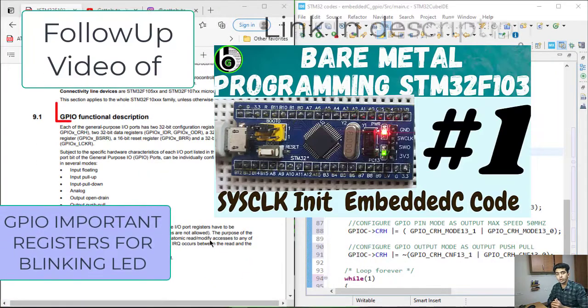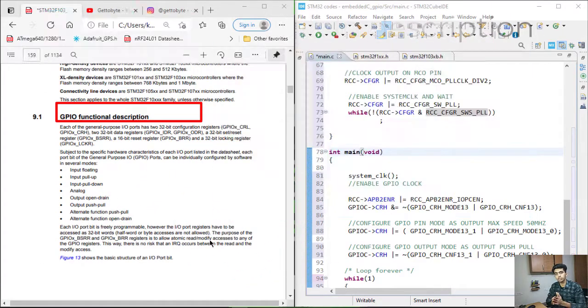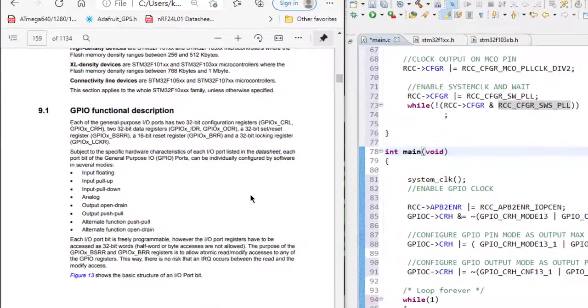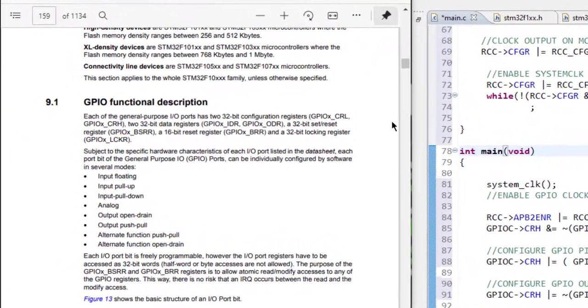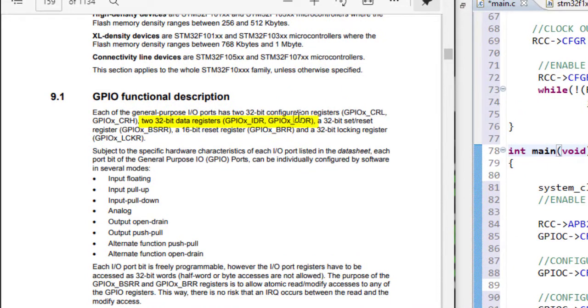Now coming to the GPIO part, its function description and register description. In GPIO for our STM32F103 we have two kinds of registers: 32-bit data registers and 32-bit configuration registers, which are important for us.